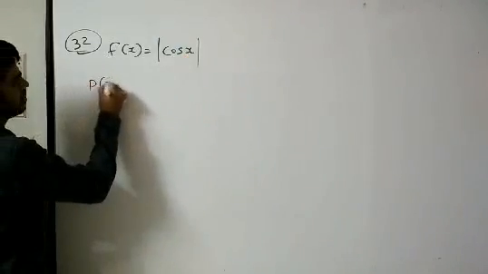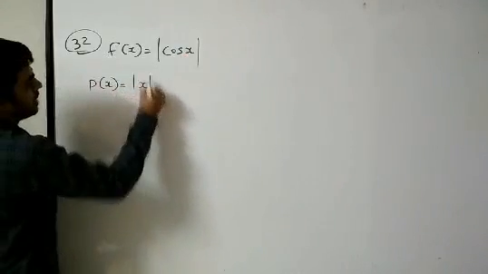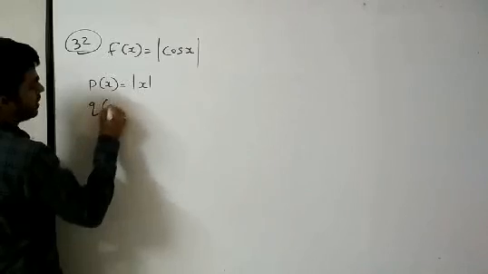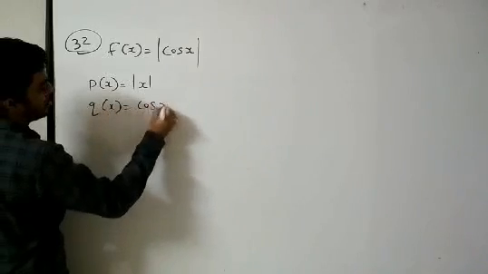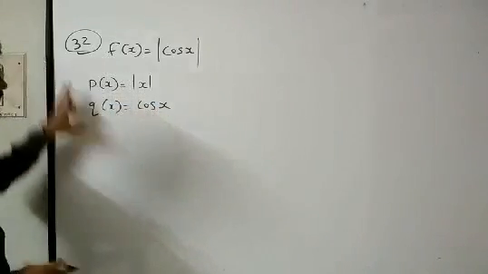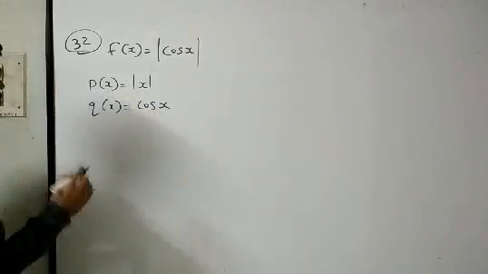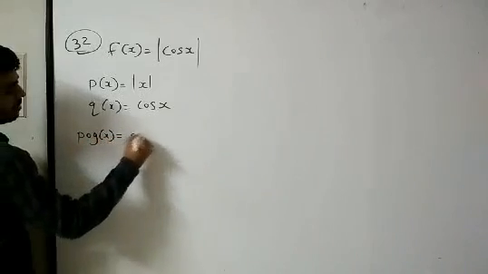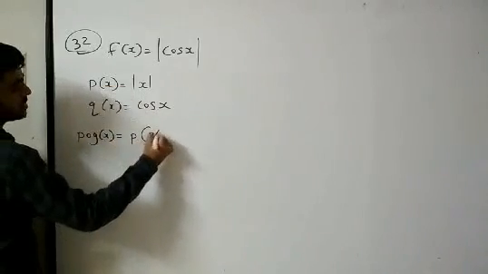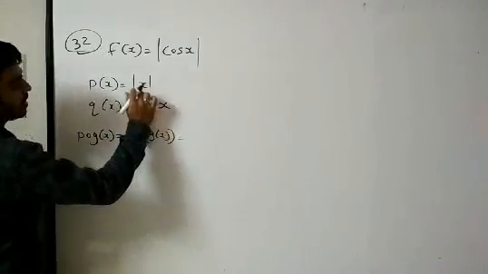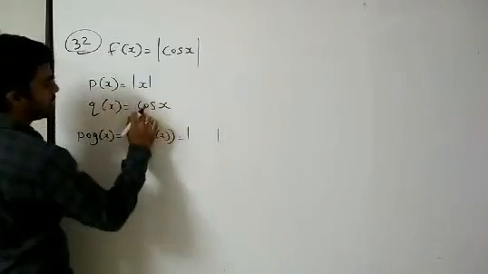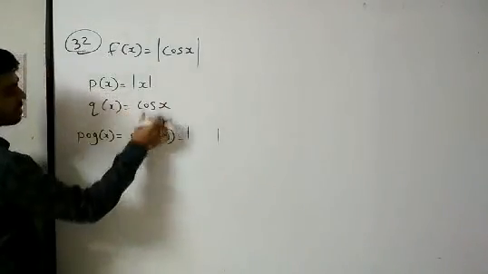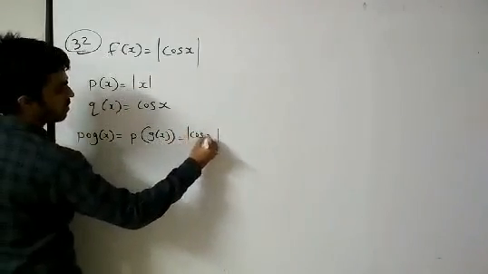Let p of x be modulus x and q of x be cos x. ठीक है? Why I have written this? ठीक है? First of all you listen. p of q of x means p of x जहाँ पे है वहाँ पे मैं अगर q of x रखता हूँ, ठीक है? तो x कहाँ पे है? मॉड्यूलस के अंदर x है, और अगर x की जगह पे q of x रखा मैंने cos x, so it